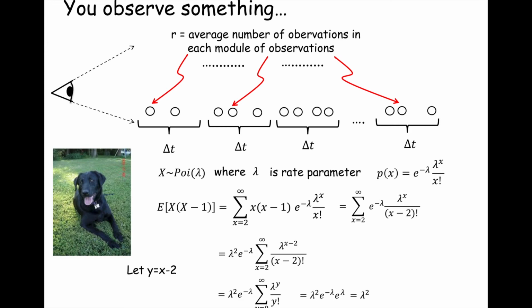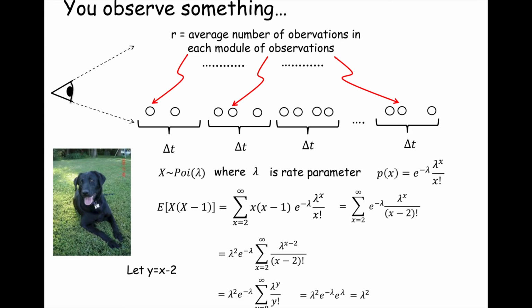Now, of course, our whole goal at the outset was trying to make it easier to do the variance equation, where the variance of x is equal to e of x squared minus e of x quantity squared. And we already proved that e of x is equal to lambda, so we say minus lambda squared. We said that this was too difficult to compute, so instead we're going to do e of x times x minus 1 in its place, and we've just shown that this expectation is lambda squared. So let's go forward with our final few manipulations.